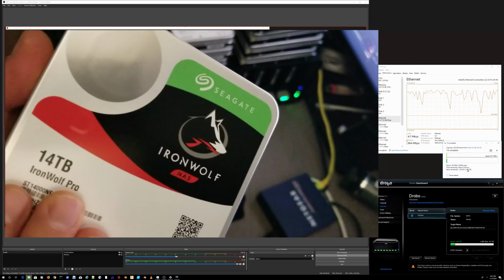I'm backing up my Drobo onto a Passport drive at the speed of 86 megabytes a second, and I'm measuring this here and here. And I mean, sometimes it's up and down, but anyway, this is pretty decent. So it's going to take 18 hours, which I didn't plan on, but I don't want to risk it because I